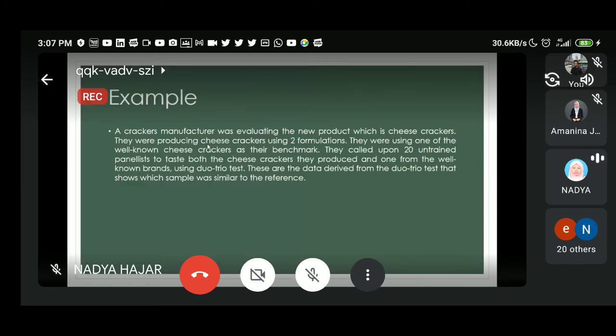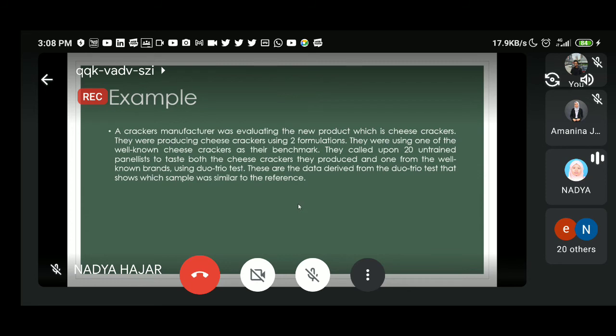A crackers manufacturer was evaluating the new product, which is cheese crackers. They are producing cheese crackers using two formulations. They are using one of the well-known cheese crackers as their benchmark. They call upon 20 untrained panelists to taste both the cheese crackers they produce and one from the well-known brands using duo trial test. These are the data derived from the duo trial test that shows which sample was similar